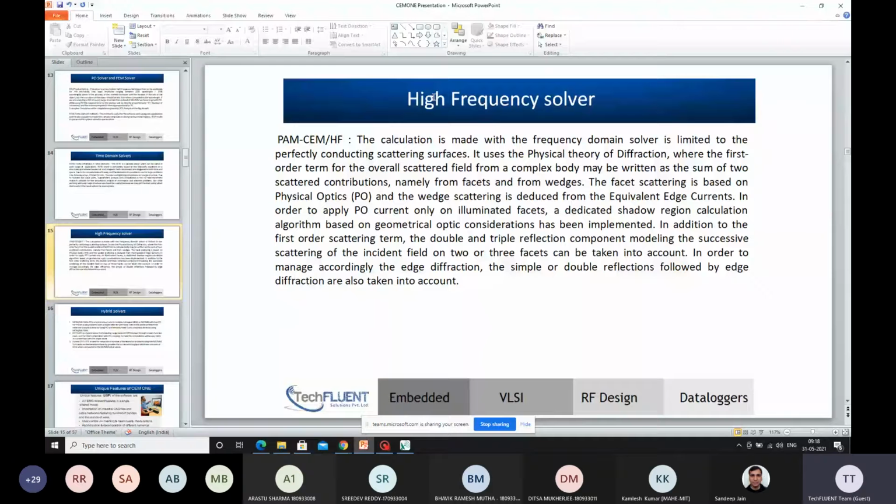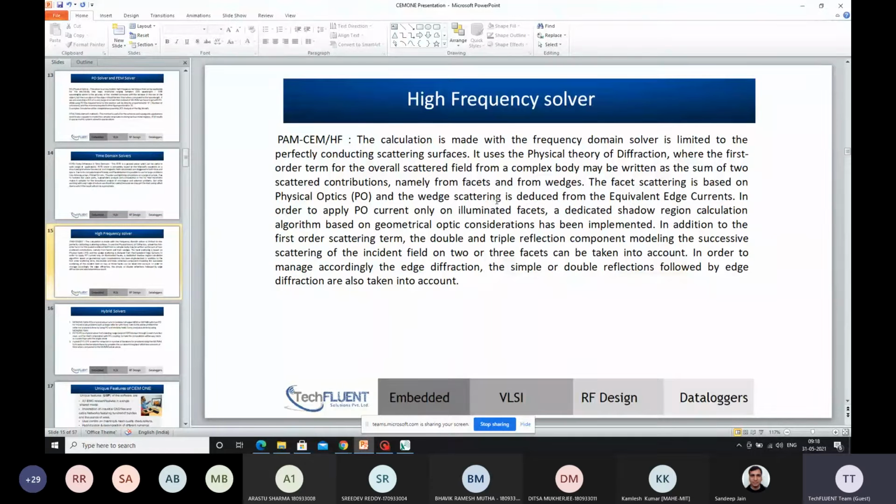Physical optics is completely based on the theory of diffraction and reflection: how light diffracts on a particular structure and what scattering fields you get. Similarly, this high frequency simulation includes phased scattering, phased scattering with physical optics, and wedge scattering reduced from equivalent equations.